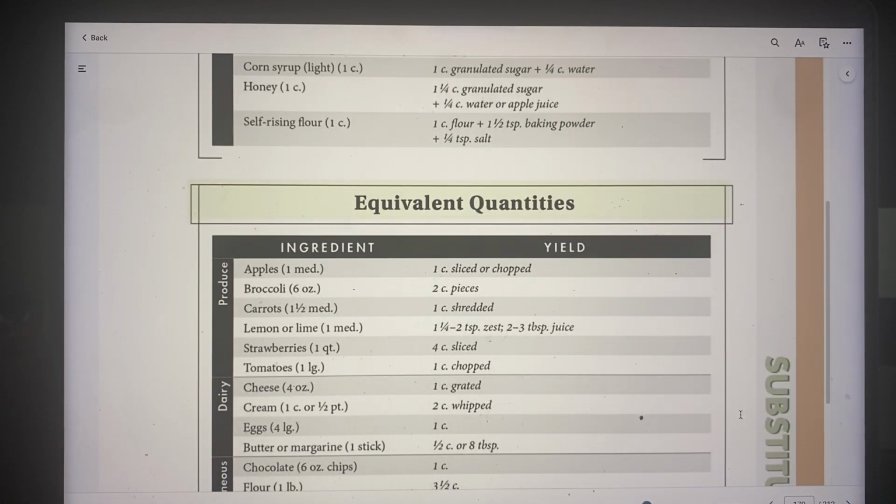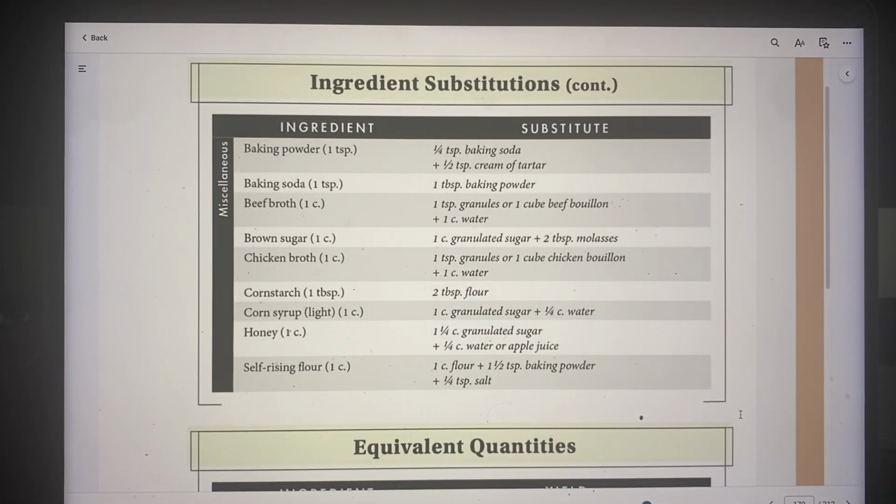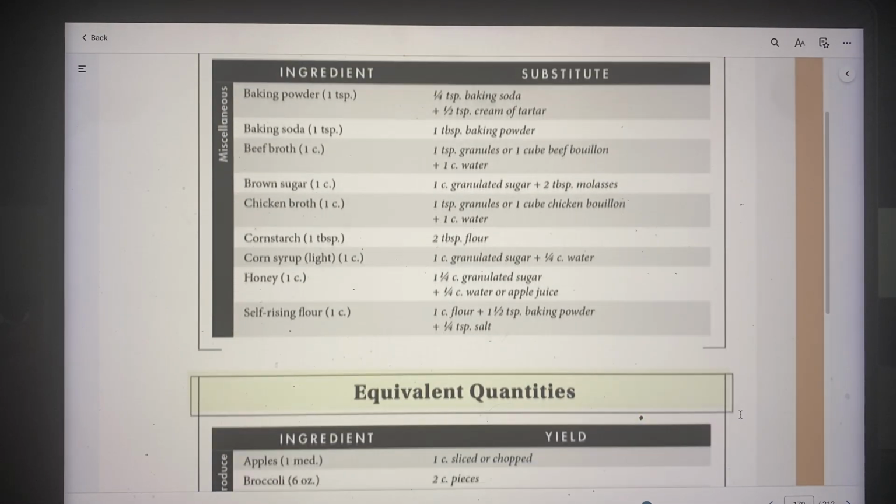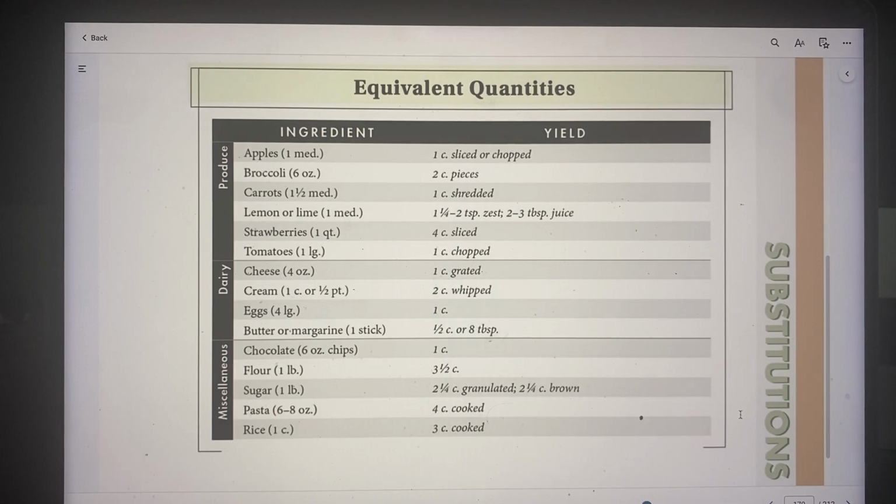And self-rising flour: 1 cup flour and 1.5 teaspoons of baking powder. So these are all your substitutes if you need to substitute ingredients. Here are equivalents. So you can see 1 medium apple is 1 cup sliced or chopped apples. Broccoli, 6 ounces, 2 pieces of broccoli. Carrots, 1 medium carrot equals 1 cup of shredded. So you can know lemon or lime, 1 medium equals 1 1/4 to 2 teaspoons zest and 2 to 4